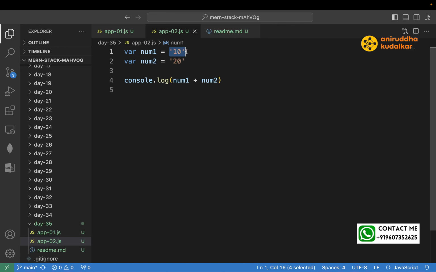how do you get to know in the code? By looking at this you can tell, oh, this is a string. But how do you do the same thing in the code? How do you check the type of this value? JavaScript gives you a classical keyword called